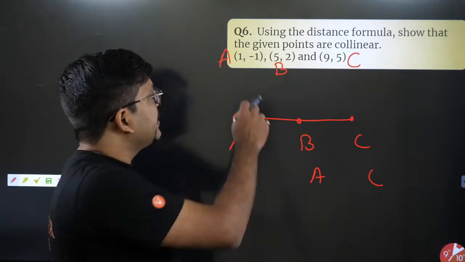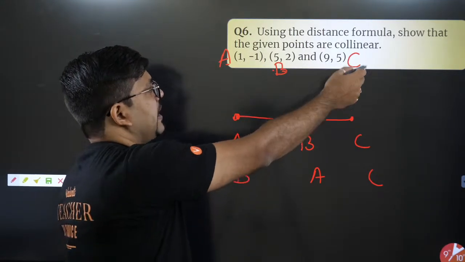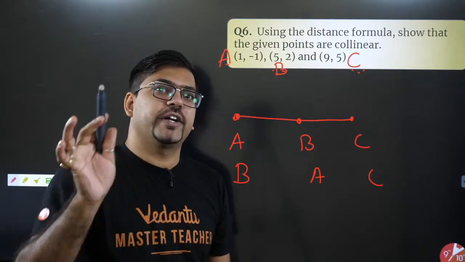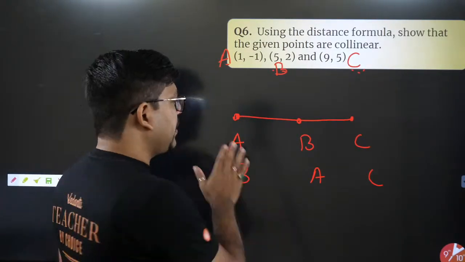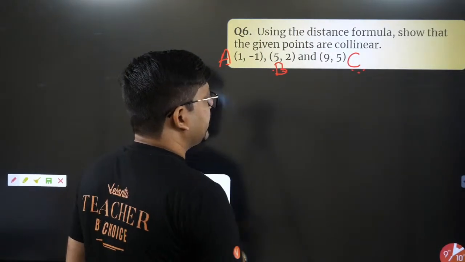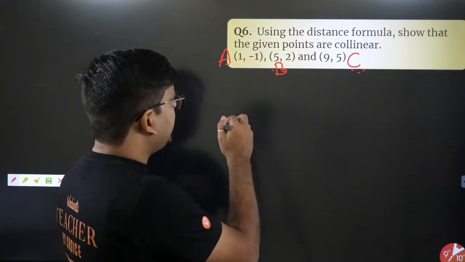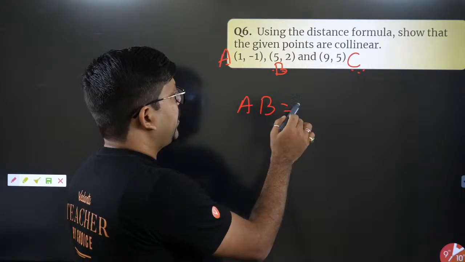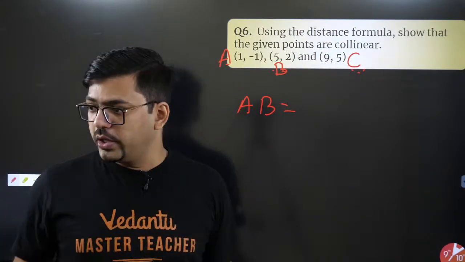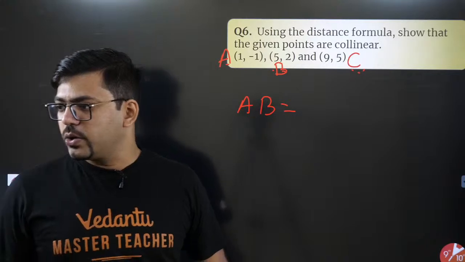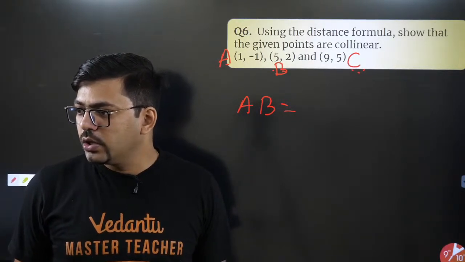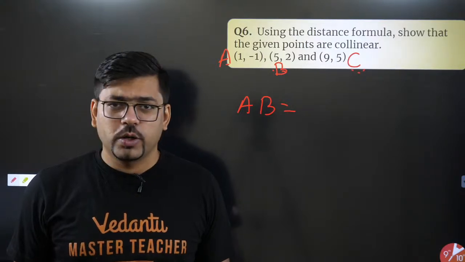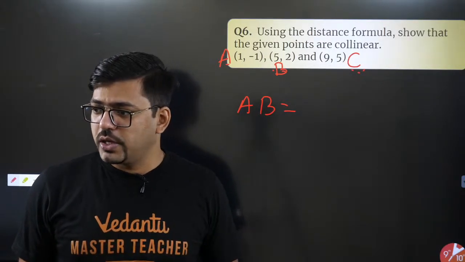What distances? AB distance, BC distance, and AC distance. You'll always have to find them. So why don't we find them? Everyone, come on, give me the value of AB, then the value of BC, and then the value of AC. Who is going to give me the value of AB? I'll do it in my mind. Akshara said and Rudraksh said. Acha, Dayaneshwar, sorry, I could not read the name, but he was the first guy.